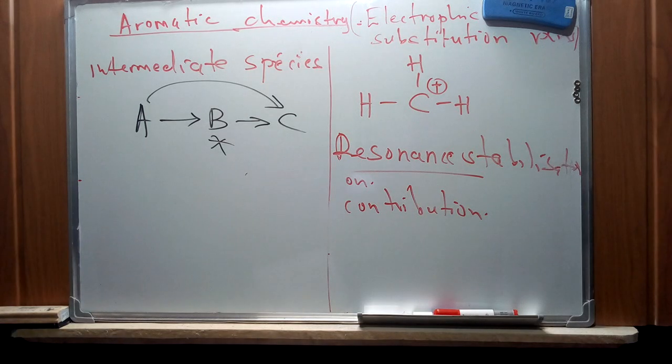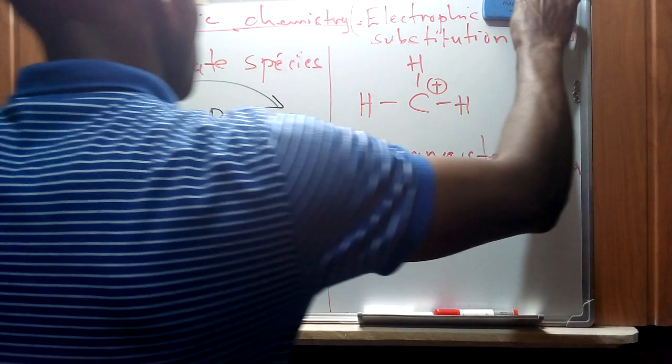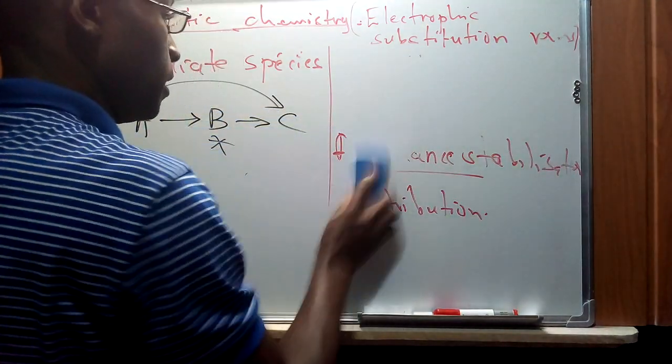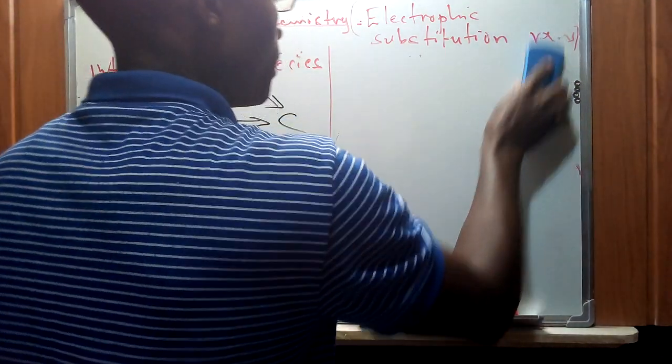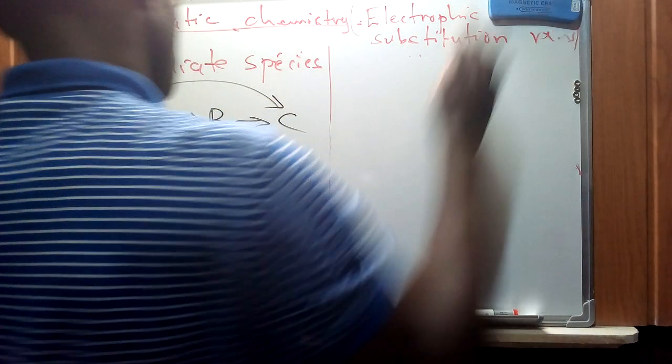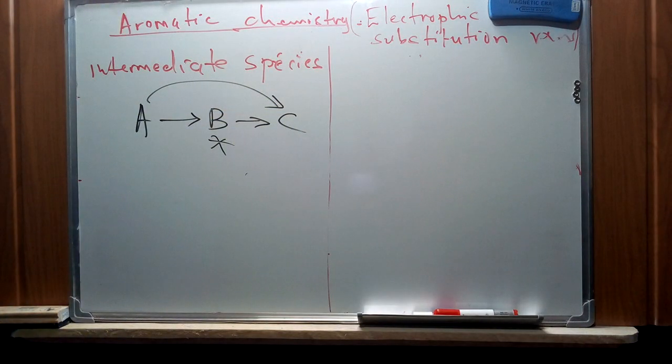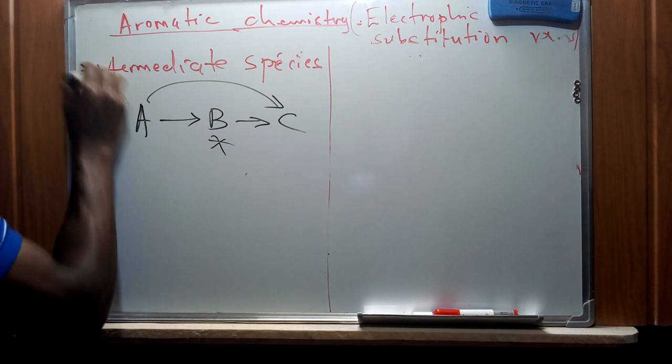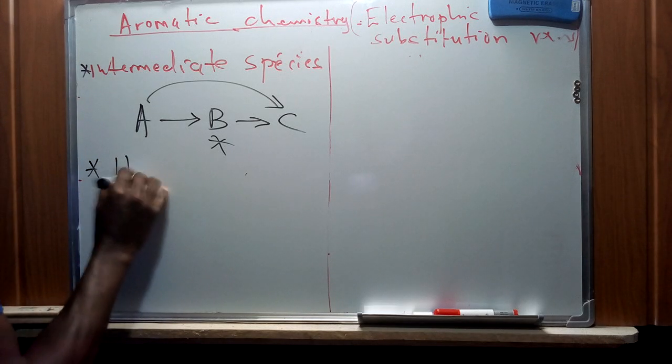So we are going to encounter a range of intermediate species in our reactions. For now, let's just have the concept that the term intermediate species refers to a molecular entity that arises within a sequence of steps in a chemical reaction. There's also another concept we are going to look at, the Hückel